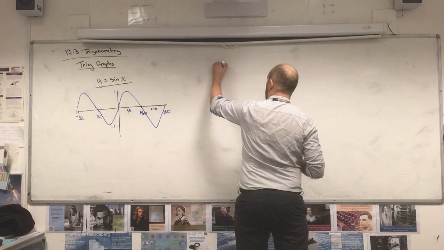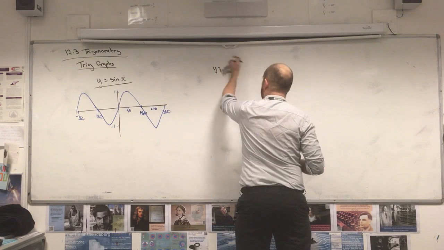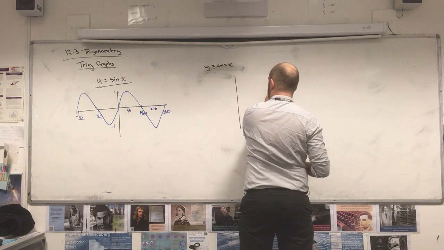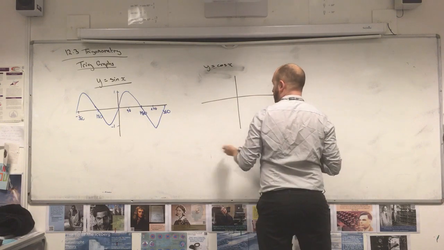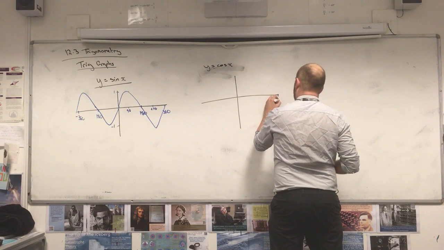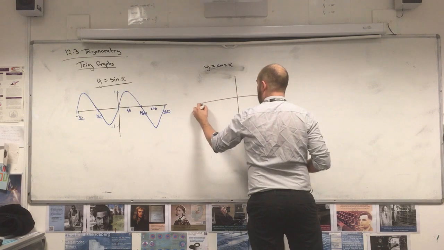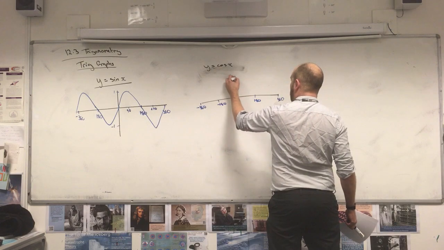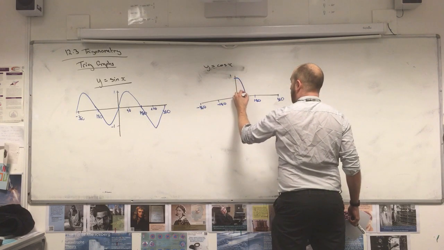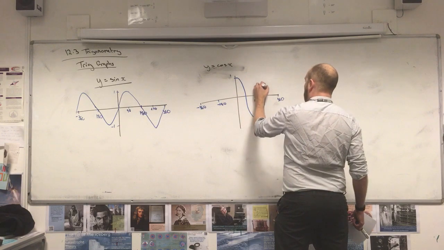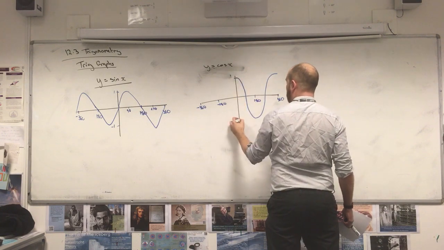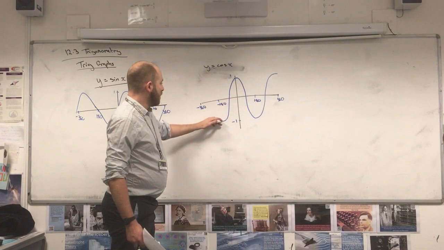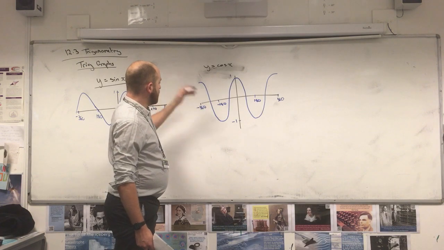Cosine, cos x. The cos is a lot like sine, same shape, but it has been shifted. So again, up to 360 and down to minus 360. So cosine starts at 1, has a minimum at 180, and then goes back up to 1 at 360. And that mirrors again, so down through 90, minimum 180, and back up. So 90,